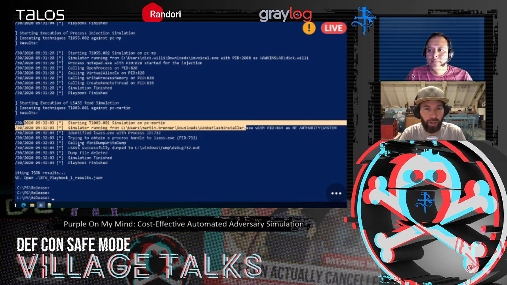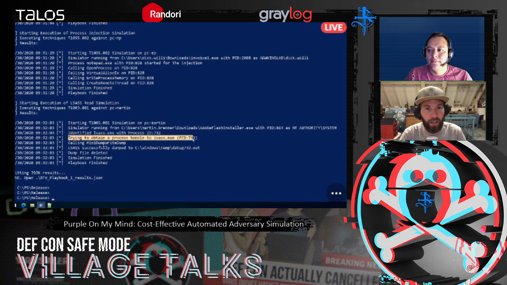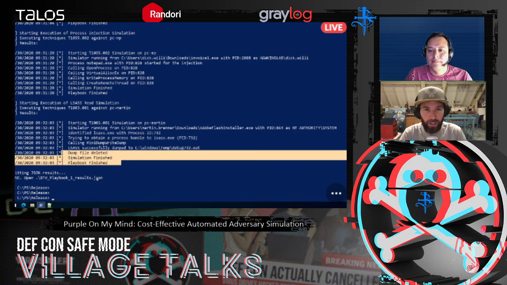And then the last technique that we mentioned was running LSASS, and you see that it actually ran. It identified the LSASS process. It tried to obtain a handle. It called the mini dump. It wrote it, it dumped it there, and it fortunately also deletes it,